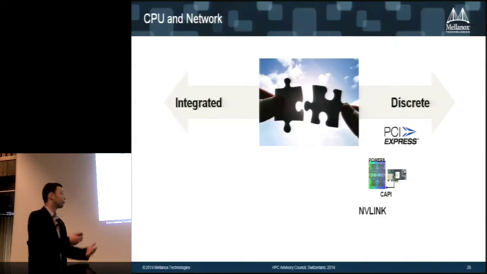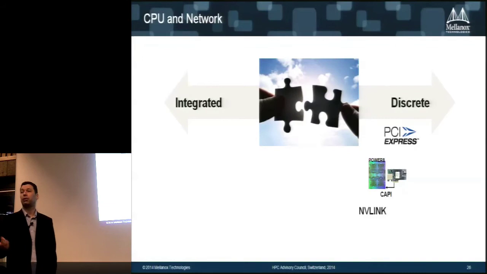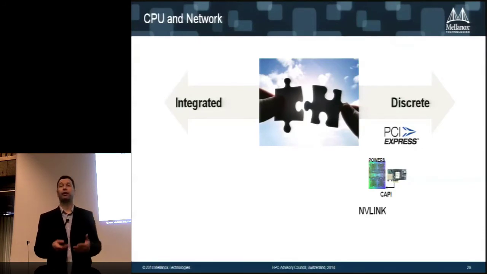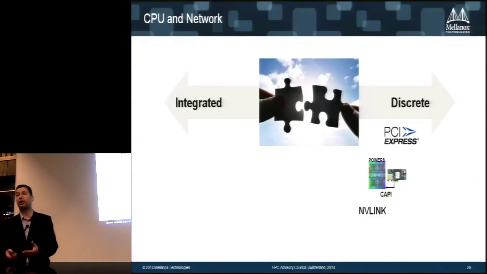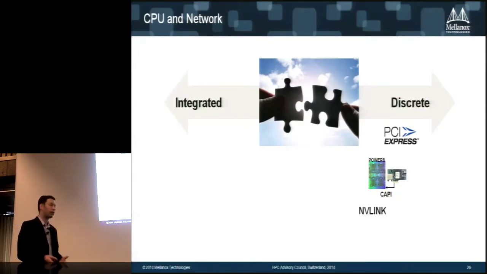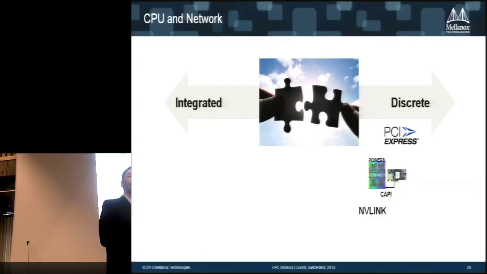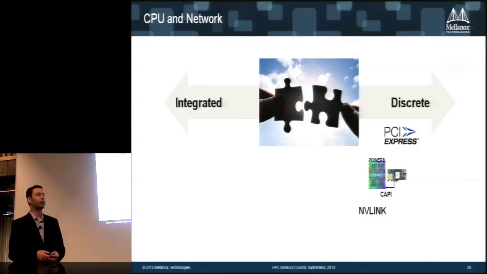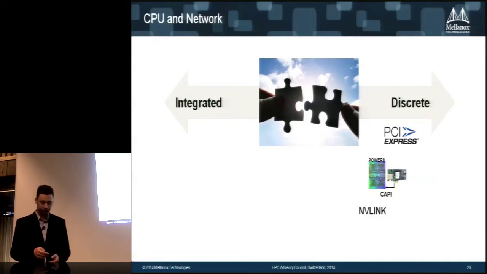On the other hand, integration can reduce the power consumption and can also potentially bring lower latency if you invest a lot and put enough silicon, so you might be able to get some lower latency, maybe a cheaper cost, and maybe slightly lower power. So there are benefits here and there. This is why we believe you're going to see both integrated and discrete. Same thing as today in the servers, you have server adapters and you have the onboard adapters. So people choose what to use. Usually for HPC, you'll need to make sure that you have the fastest and most feature-rich networking possible when you build the cluster.